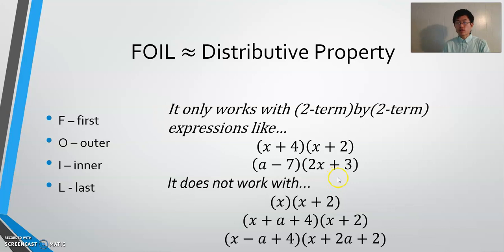But it does not work. The FOIL method does not work with things like these, the three expressions below. Obviously, it says x times x plus 2. There's only one term in here. This one has 2 though, one added term in here. So you can't do first, outer, inner, and last. Over here, you have 3 added terms and 2. FOIL does not work. You can't do the first and then outer and then, I don't know, the inner, and then the last. So FOIL is very specific